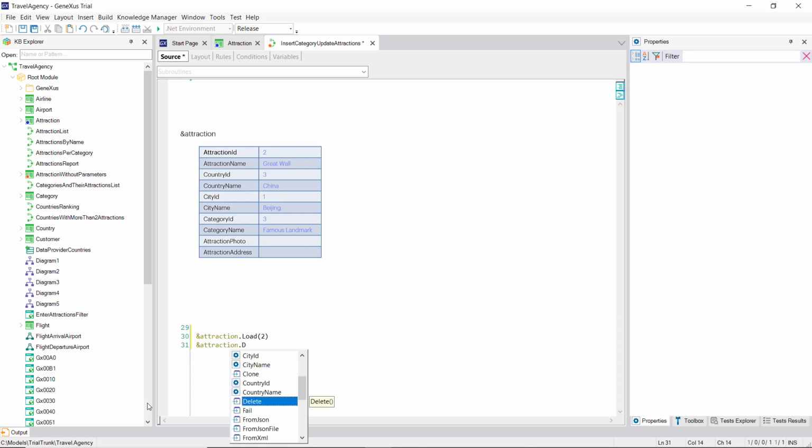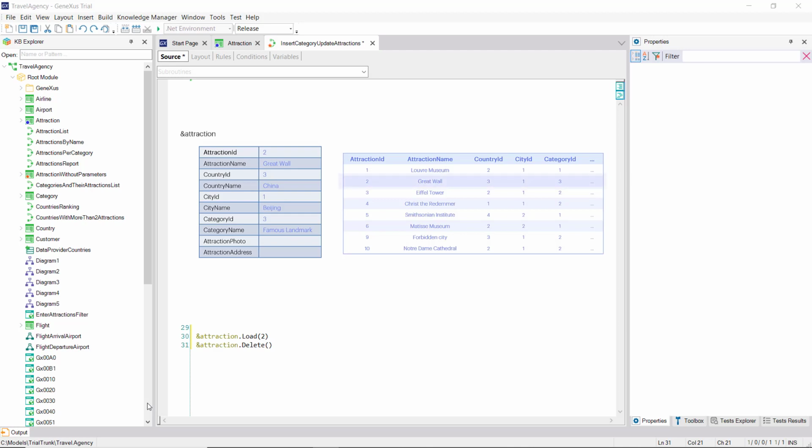We cannot repeat this enough. When this method is executed, all the transaction logic will be executed in delete mode, including the referential integrity controls. Therefore, if there were related information, such as city tours featuring this attraction that we would want to delete, then in that case, referential integrity control performed by the transaction and by the business component will prevent it. An error will occur and the record will not be deleted from the table. However, if there are no errors, the record will be deleted. The variable will be loaded with the data anyway, in case we want to do something with them.